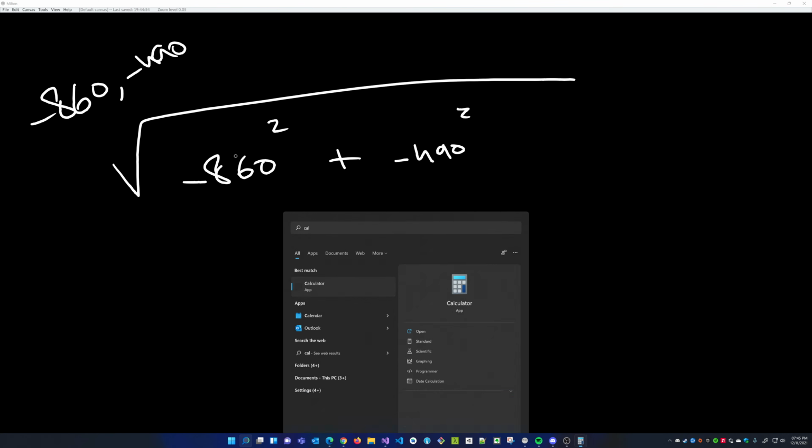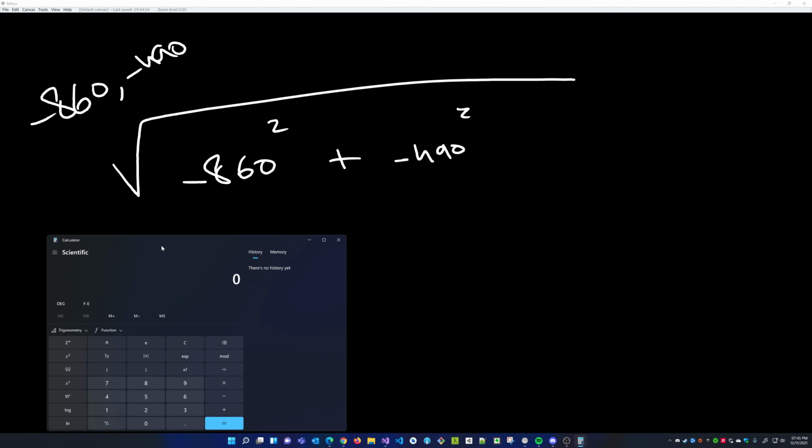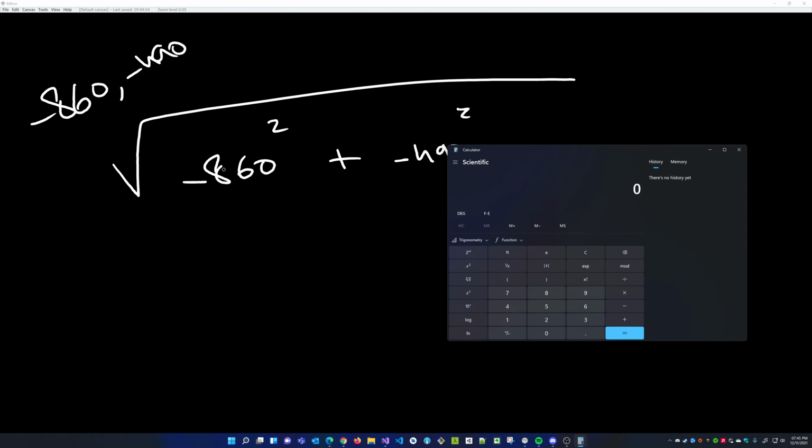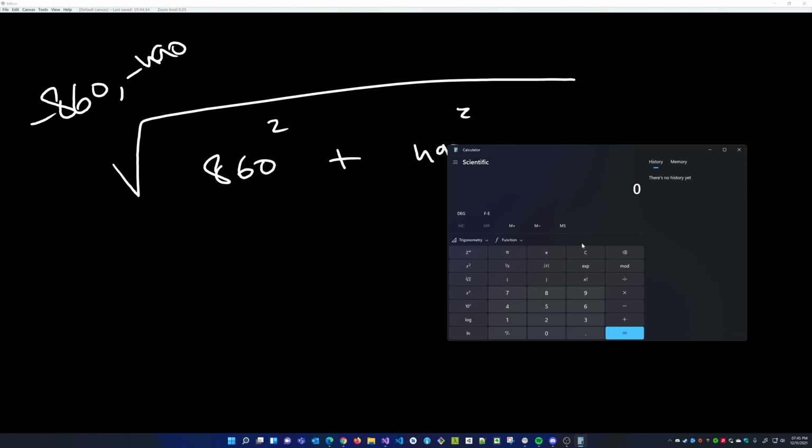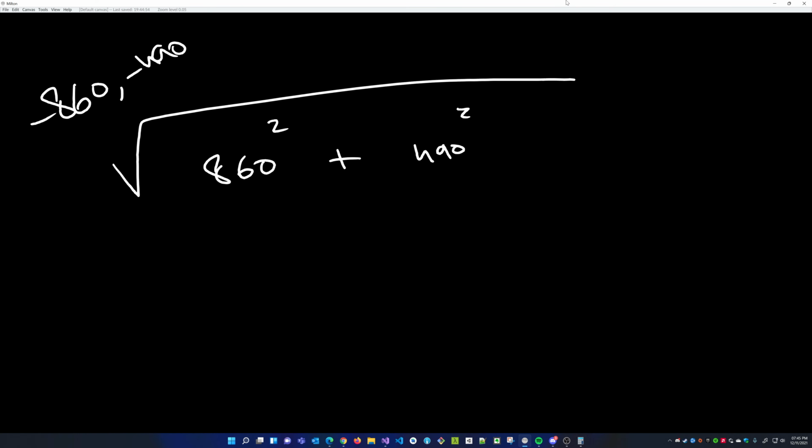Let's do that. It's easy. 860. We're going to forget the minus. We're going to pretend these are absolute values, because a vector cannot have a negative magnitude. It only has a positive length, right? So forget about the negative signs. I think when you square it anyway, it becomes positive, if I'm not mistaken. So 860 squared, we get 739,